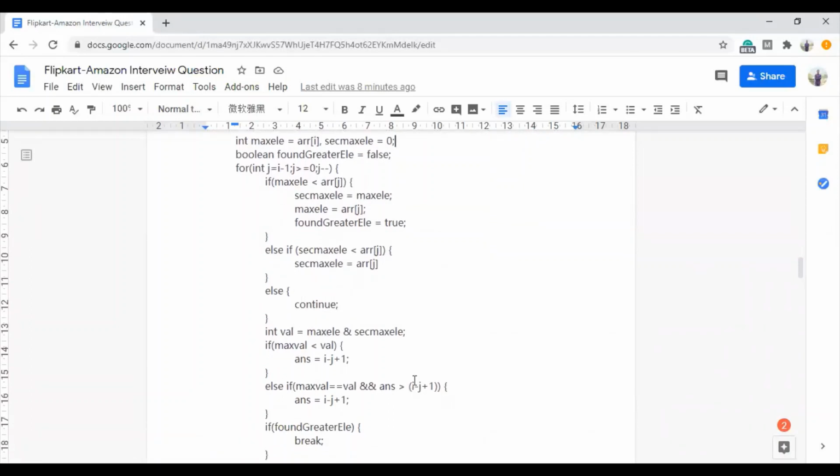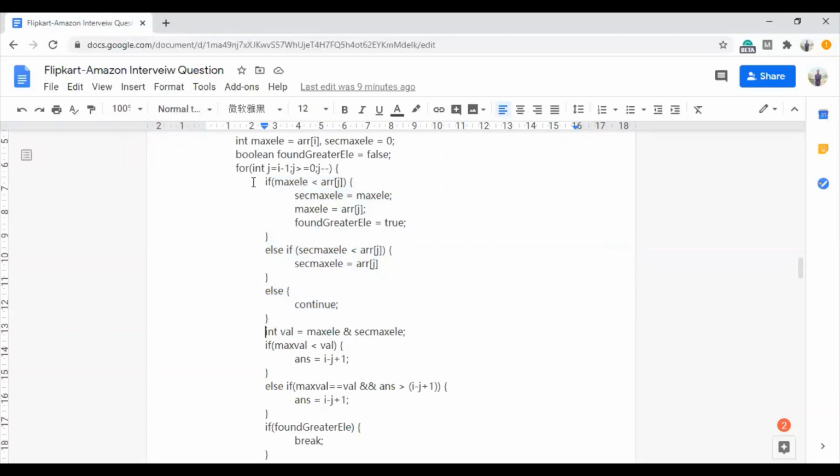Now on decrementing the jth pointer, if we encounter an element to which the jth pointer is pointing, and that new element basically becomes the maximum element or second maximum element of the subarray, then that subarray is a valid subarray, and we are going to consider only those subarrays. And if this is not the case, we are going to decrement the jth pointer more without considering that subarray and without considering its value.